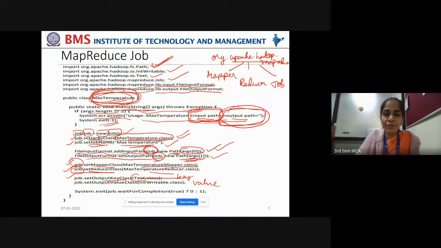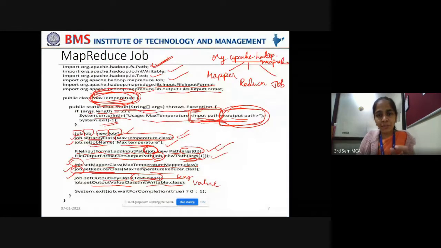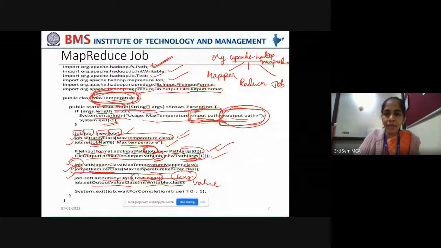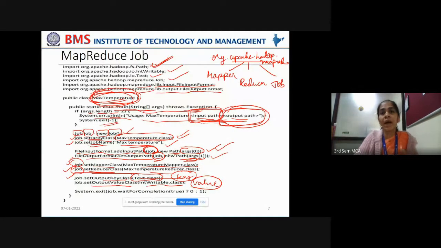So you take the Text.class, an instance of the Text class, and set it as the output key class, and set the output value class as IntWritable.class. So you're creating a string object and an integer object. The string object accommodates the key, that is the year, and the integer object accommodates the value, that is the maximum air temperature recorded in that year. Both of them are also packed into the job.